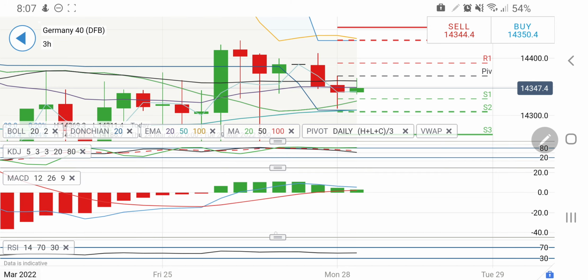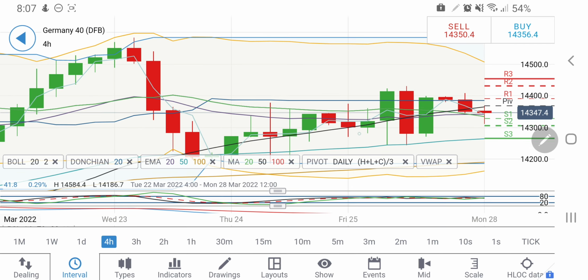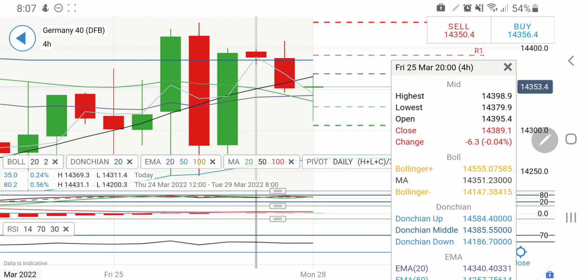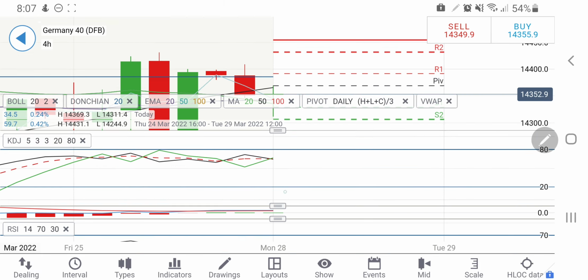The stochastic is looking downwards, MACD trying to converge and crossover. On the 4-hour chart, similarly, you find that it is trying to give you lower highs. There is a resistance at 14400. There is a resistance at 14420. It may try to hit the 14420, 14440 zone. Only a long entry beyond 14450 is something I will recommend. Yes, if you see it trading above 14450, one can go long. Else, any rise till 14450, one can go short there and expect it to drop.